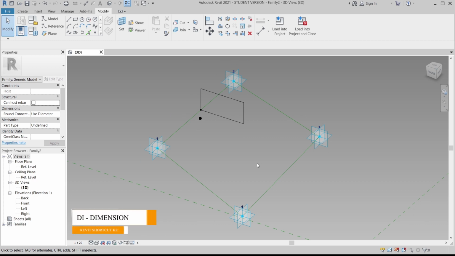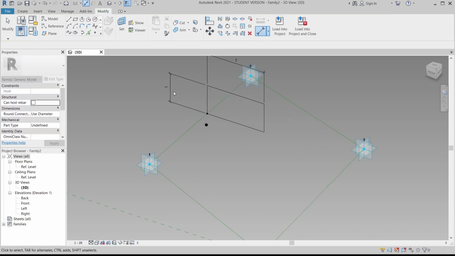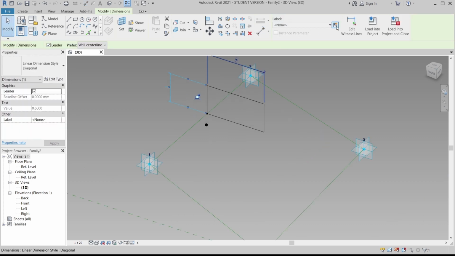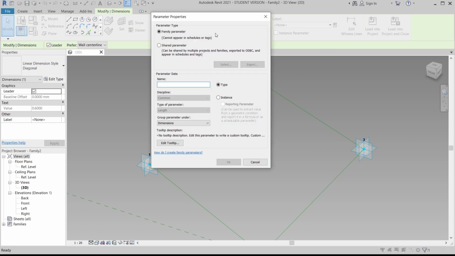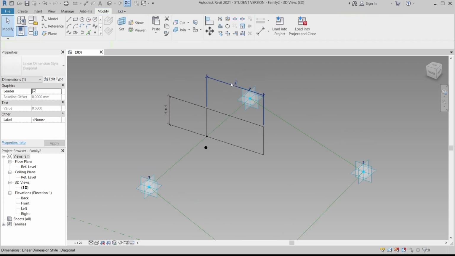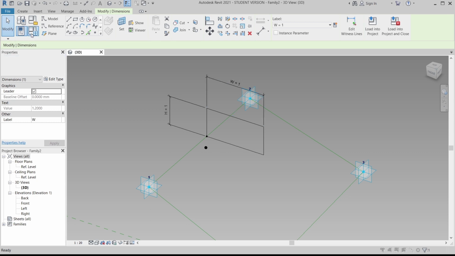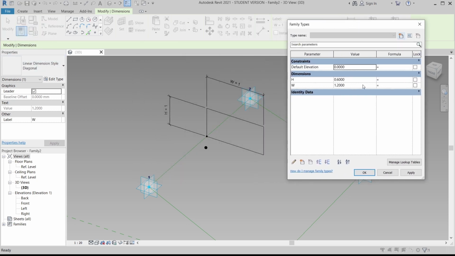So I can select DI as the shortcut key for dimensions, from the first point to the second point, and select another one. And of course you can create a normal parameter also, just like here, then go to label there, create new. Then for the first one I'm going to make it for height, and another one I'm going to make it for width. Okay, so I can go to my family type and play around with that. Let's say I want to make my height 1 meter and my width only 0.2, 200 millimeter, hit apply. So my parameter will be changed as you can see here, and I can change it